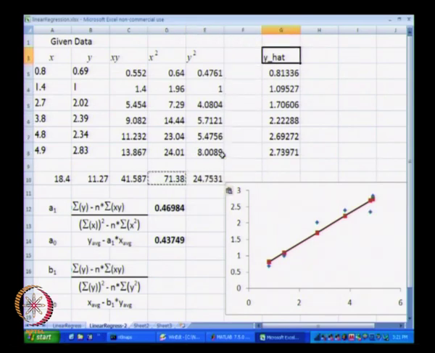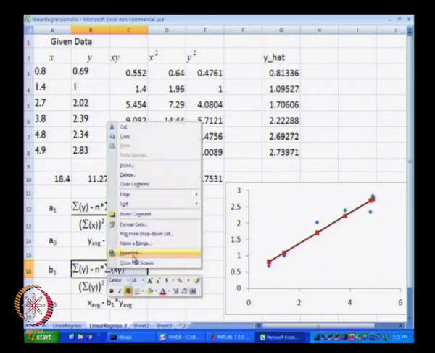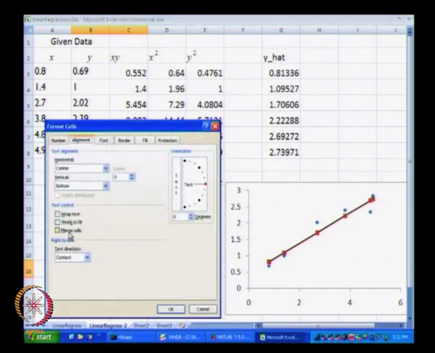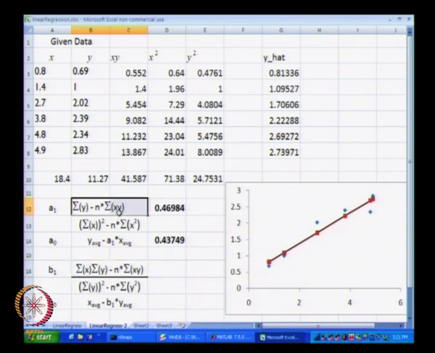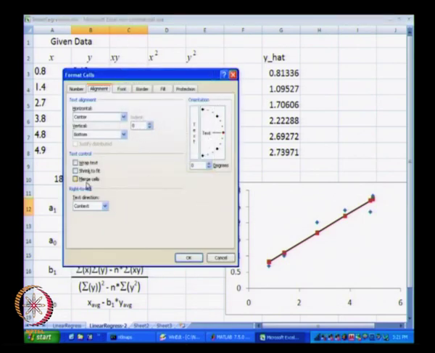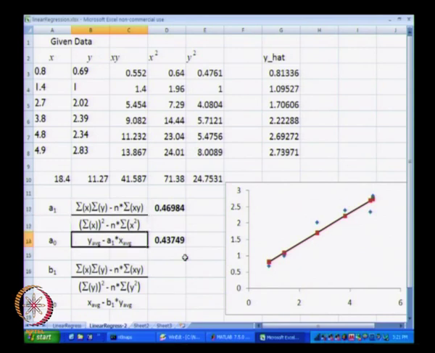Y hat, remember, was nothing but our y that is obtained from the model given x, from the model a0 plus a1 x. In the same way now we are going to find the b1 value. B1 value is nothing but summation of... this is not visible again, so I will just do this very quickly. Yes, and now we are good to go. So now we have the expression for B1.